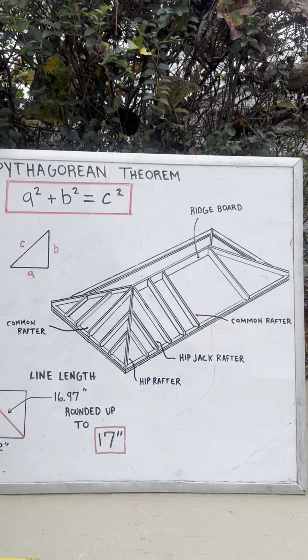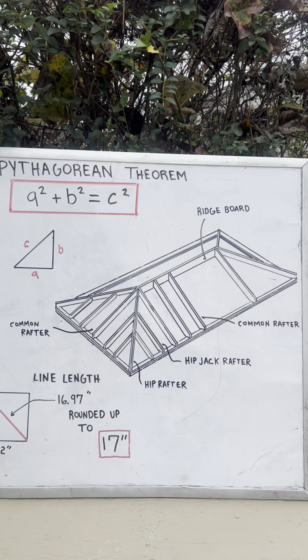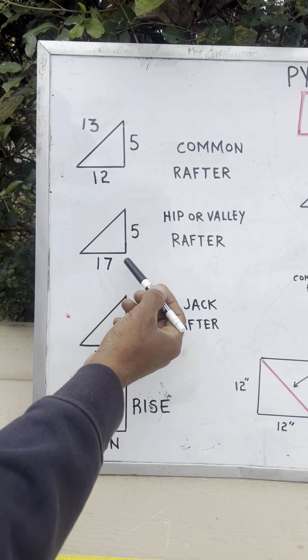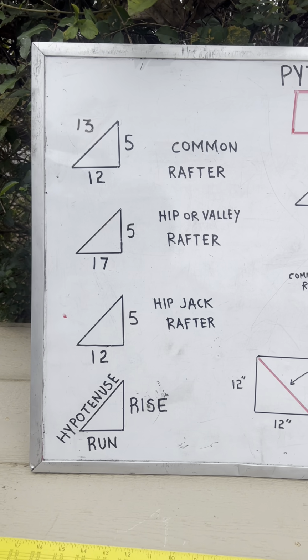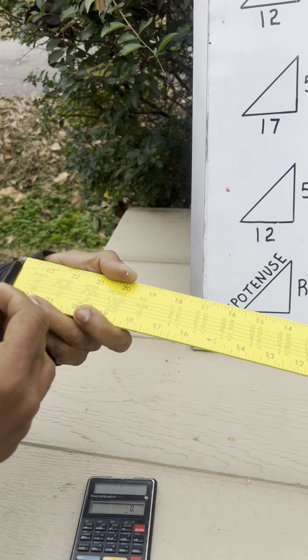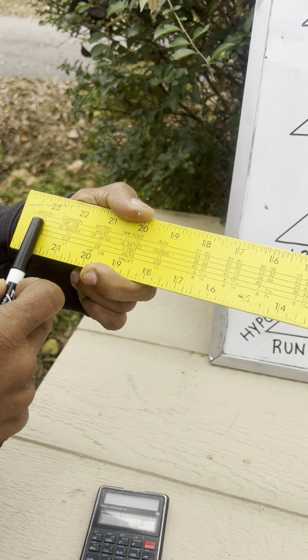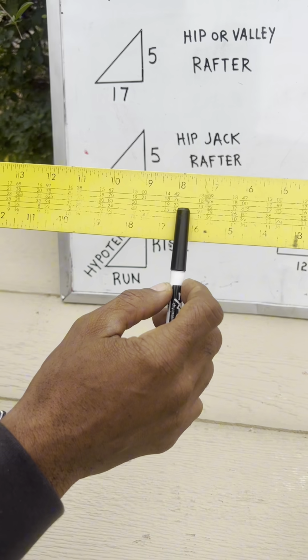Since our hip rafter runs in at a 45-degree angle towards our ridge board, our slope diagram changes down here at our run. It's always 17 for hip and valley rafters. So let's look at our rafter table on our framing square right here at the second row. Length of hip or valley rafter per foot of run. Let's go to 5,